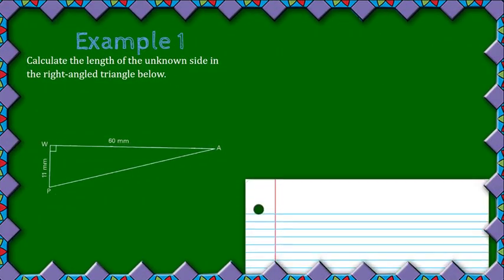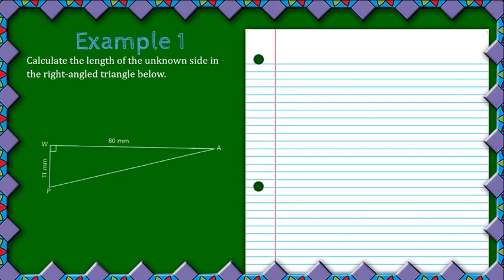Right, so for the first example, we have the following triangle. It's a right angle triangle. And what we need to find is PA. So to find PA, we can write PA squared is equal to WP squared plus WA squared. And then our reason is Pythagoras, because that's the theorem that we've used. And then we can substitute in our known values. So PA squared